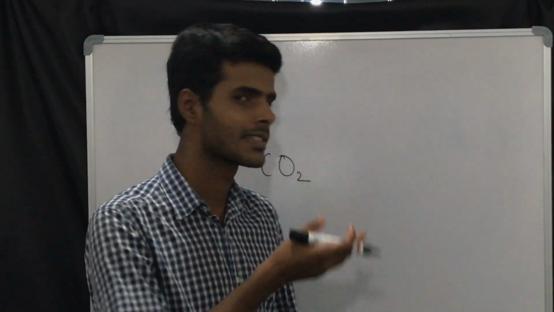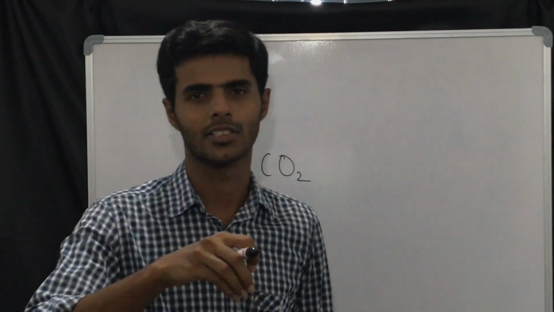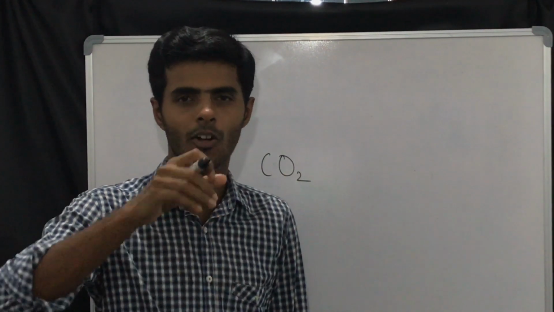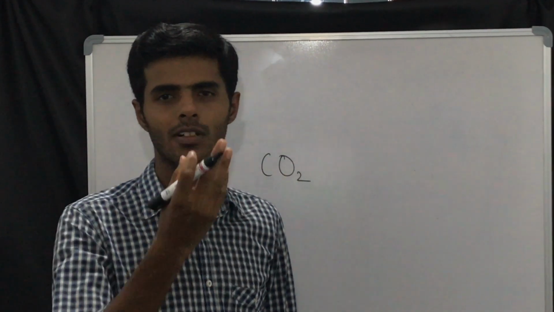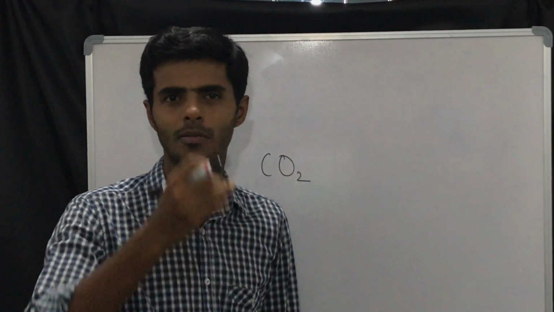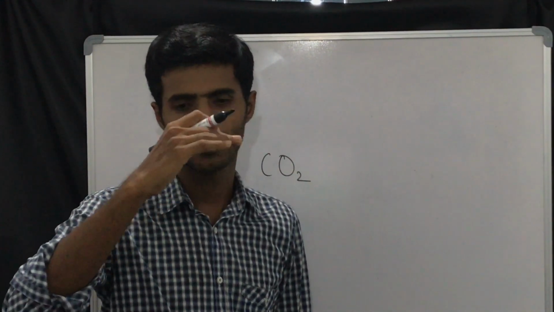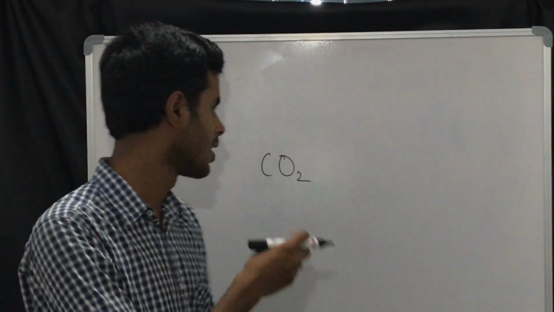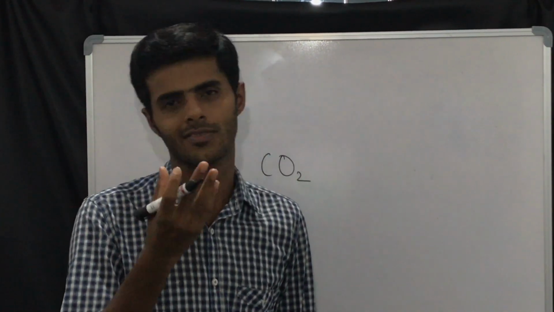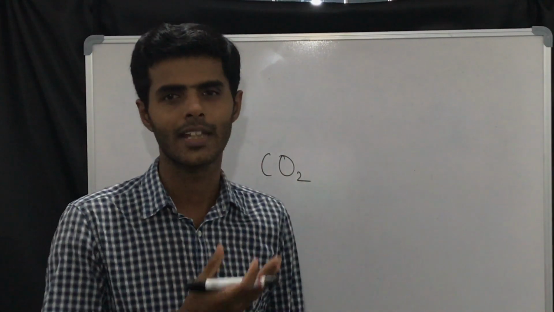The carbon dioxide gas is compressed at high pressure and dissolved in that liquid. So when we open the bottle, it comes out due to the release of pressure. Otherwise, if it is not opened, there is an equilibrium between the gaseous carbon dioxide and the dissolved carbon dioxide. When it is opened, the carbon dioxide molecules try to escape due to the release of the pressure. So this is one of the applications of Henry's law, where we can observe Henry's law.